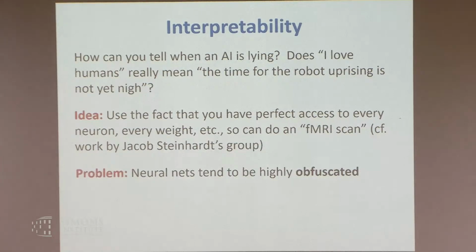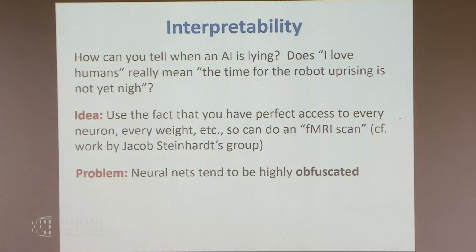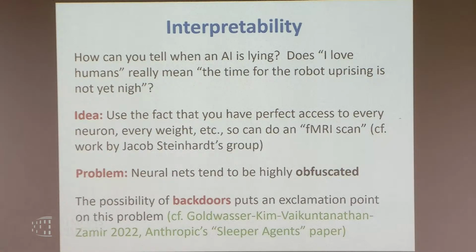Sometimes you can find a single neuron that fires exactly on words related to Canada, or fires on pictures of dogs or things like that, but more often not. More often it's some very complicated combination of neurons that's non-locally encoding the concepts. And the possibility of backdoors in neural nets really puts an exclamation point on this obfuscation problem. So there was a beautiful paper a couple years ago by Shafi and Vinod and Michael Kim and Or Zamir,